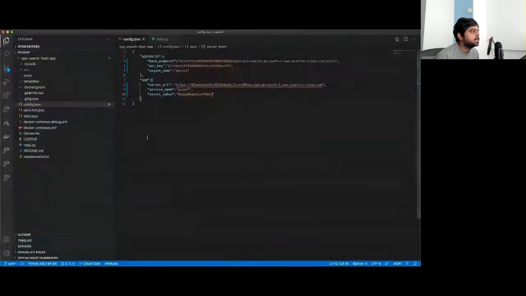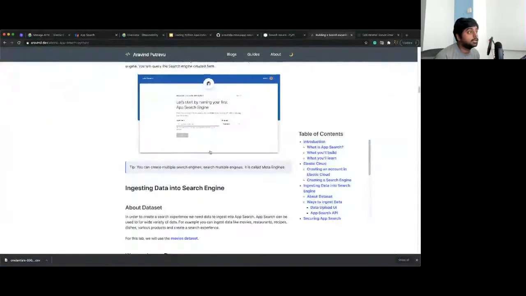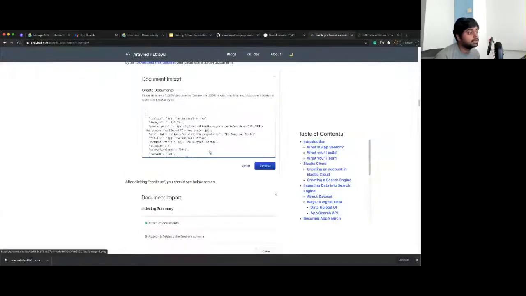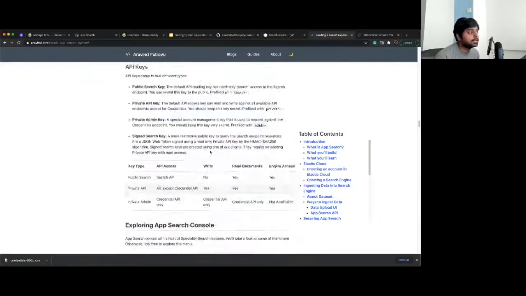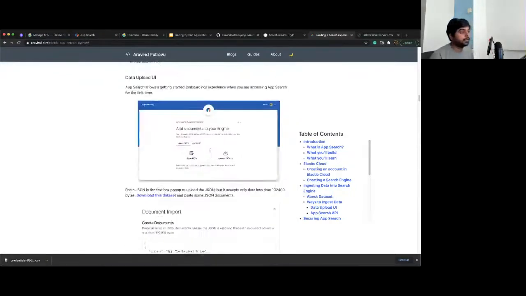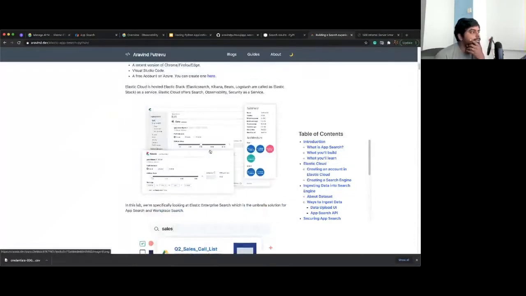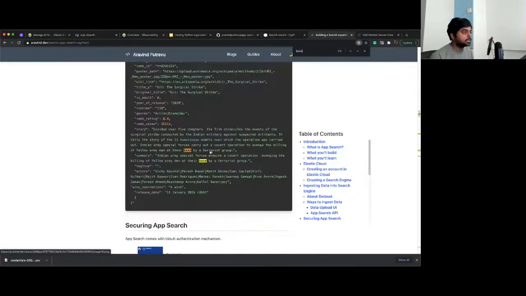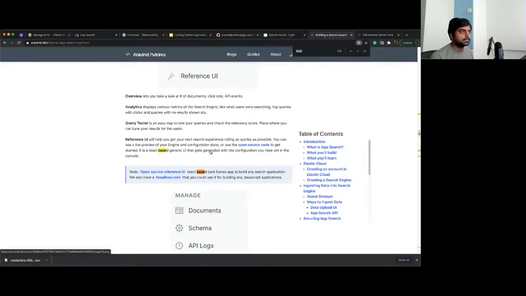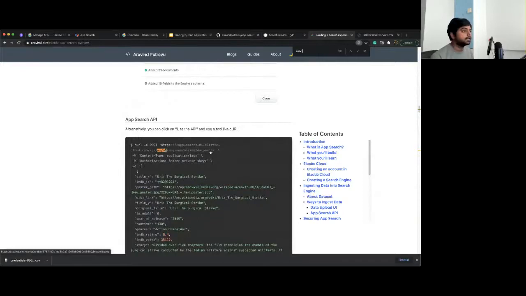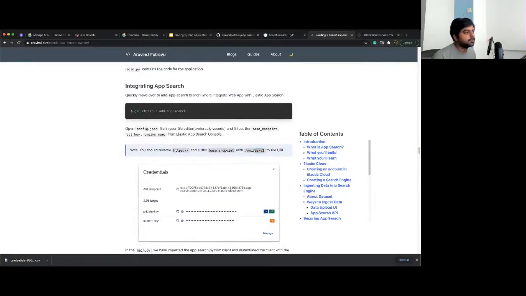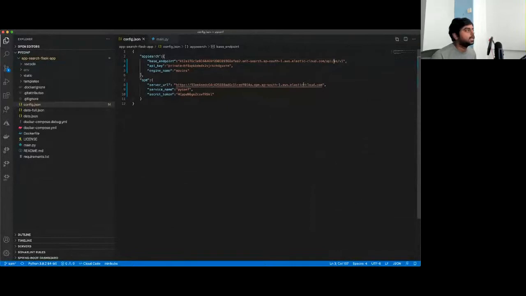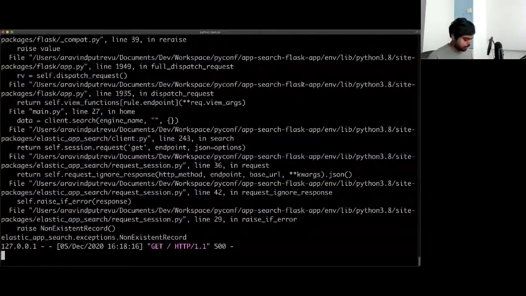So let us see. Okay, I think it is the API. Maybe this is the wrong thing I am searching. I should check here, because I forget a lot of these small things myself, so it is quite possible that everyone would forget. Let us go and check that base. Oh, what is this one? Base endpoint with api/as/v1. So I just missed api. Let us restart the app and see.